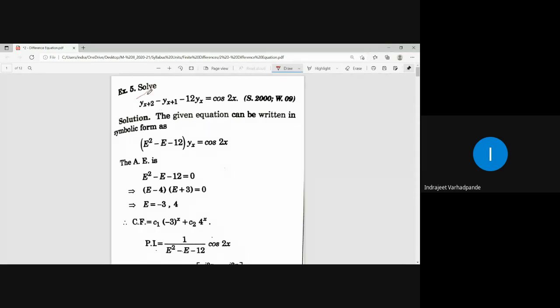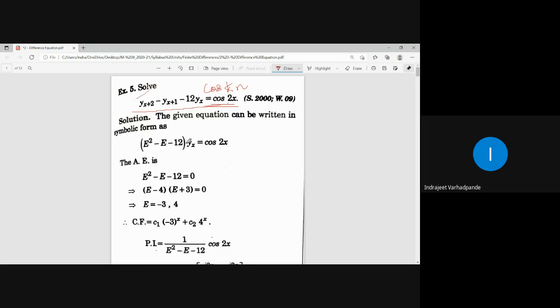So in this example, instead of n, many a times it is given to you as x, and we have seen this prior also, that yes, sometimes if it is n it is fine, if it is replaced by x it still acts as the same variable, right? So here the question is y(x+2) minus y(x+1) minus 12y(x) is equal to cos 2x. Now I can compare it with cos kn, right? Whatever is the angle, instead of n it is x and the value of k is 2. So accordingly I will have to simplify it and get the answer.